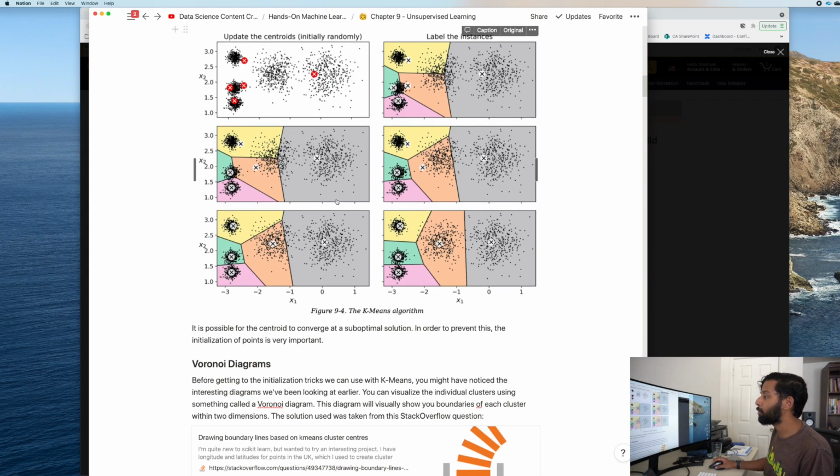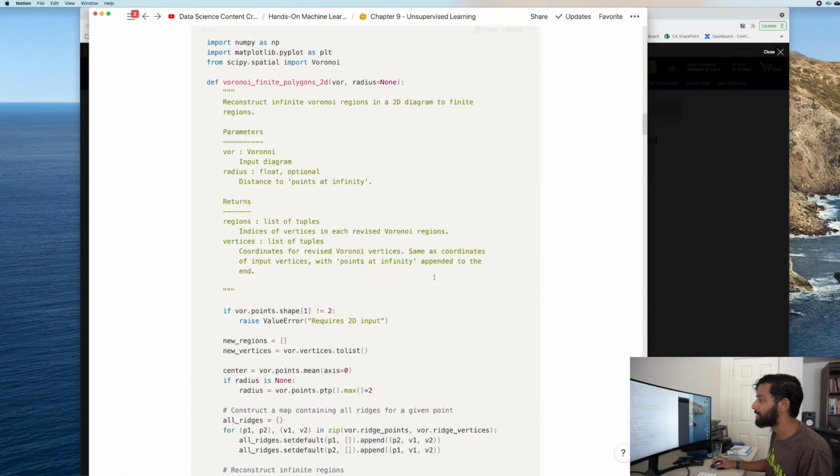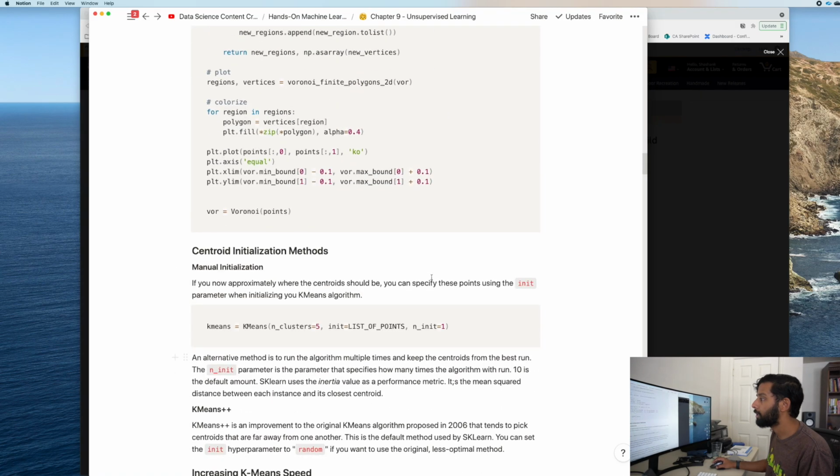Now you might be wondering, okay, wait, so it might take a while to actually center these things if it picks bad points and my decision space is quite large. And you're 100% right. If you have some reason to believe that you know where the centers are, you can also initialize the points wherever you want. And we go over that in this section over here.